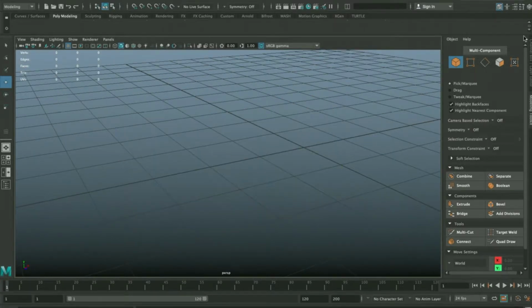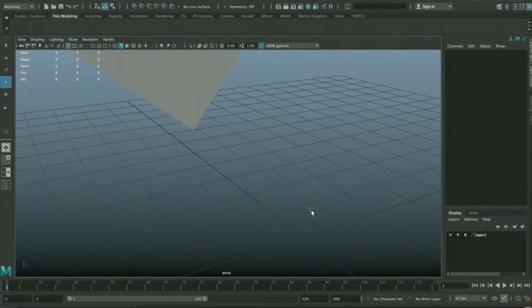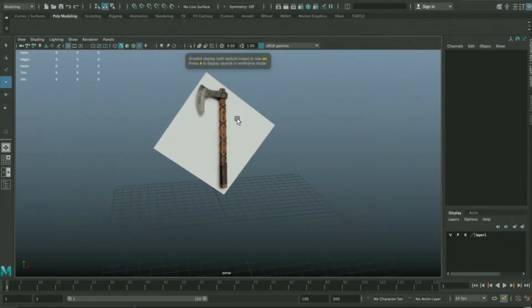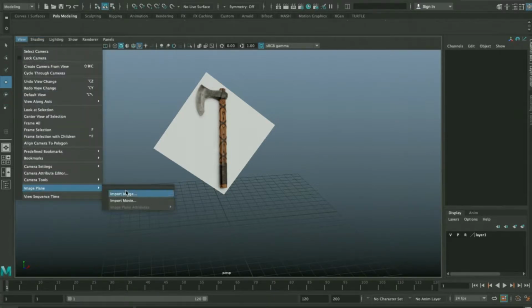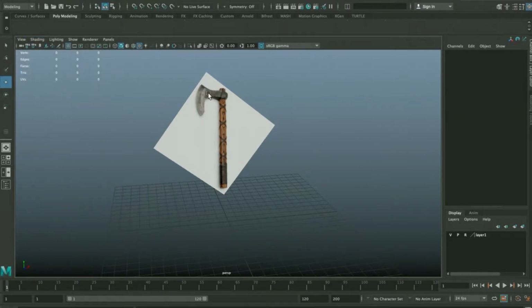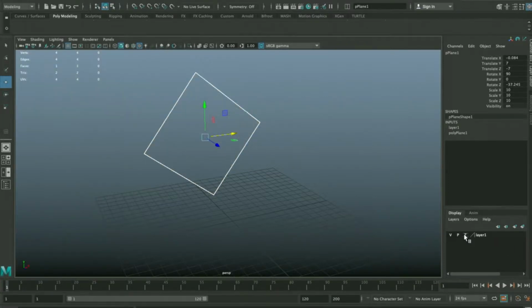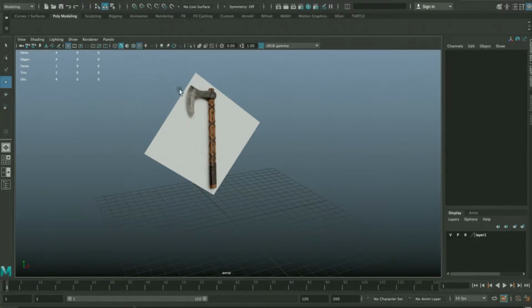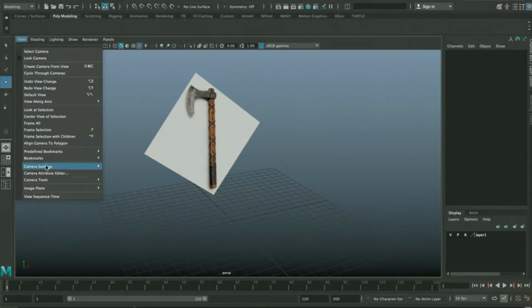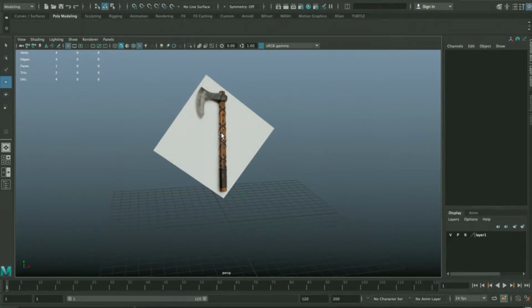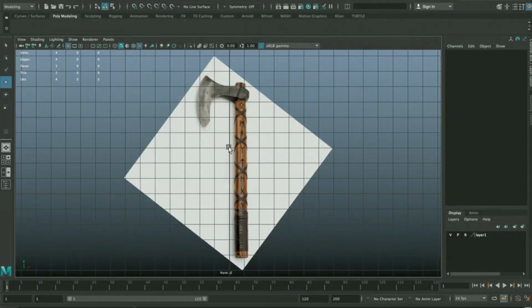So if I wanted to model something, I have a reference, and it's not an image plane, it is a plane with an image on it. So instead of going to view, image plane, import image, I made a plane that was 1 by 1, and put a new material on it and just put this reference on it. I find it's a little bit easier to work with image planes that are actually geometry than the Maya import image for image plane. So I'm going to go into the side view, this is the front view, and shift